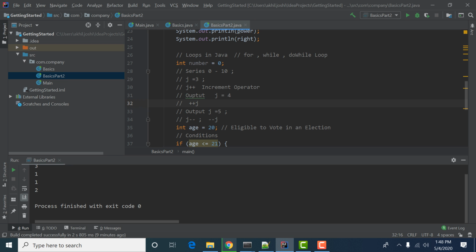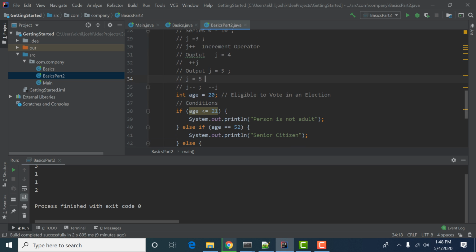So now j becomes 5. If we are using j in line number 34, let us suppose, similarly this works with minus operators.